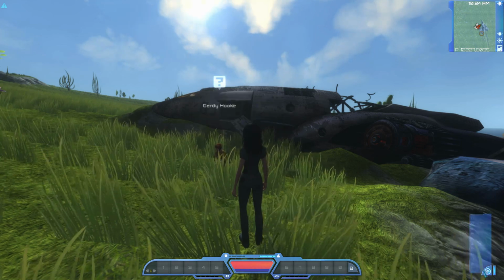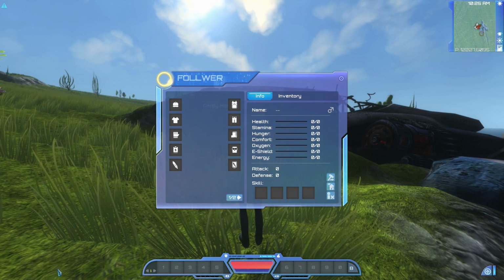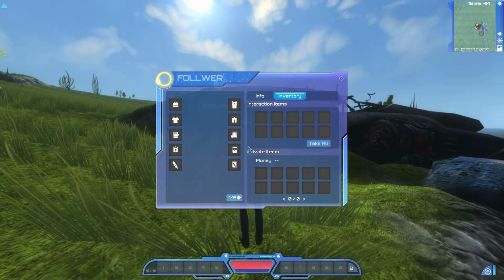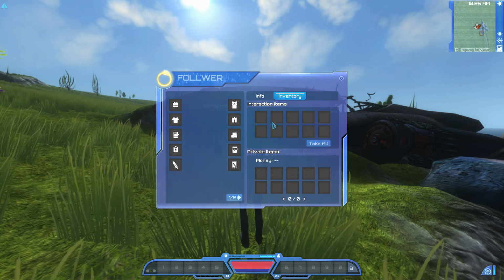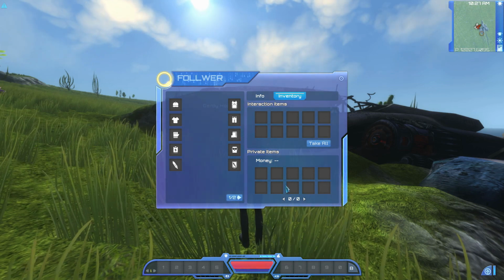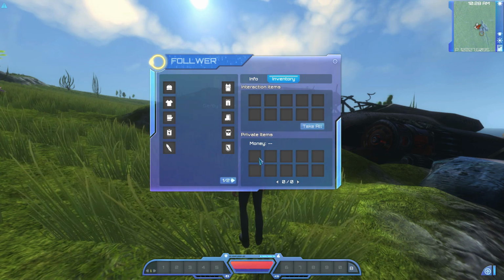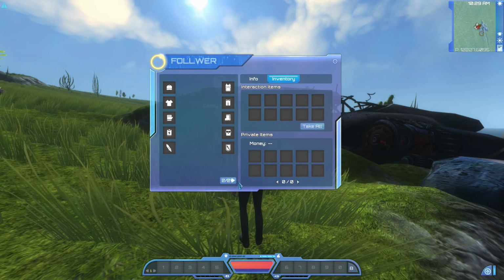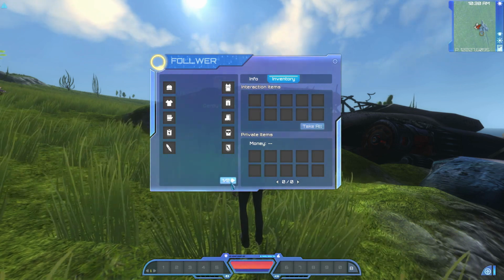And then they've changed this. We now have the follower menu instead of them being down here where you click their picture. They have a bigger inventory and they have bigger private items. I guess this is stuff we'll be able to give to them, and then this will be their stuff that we can't take, because before when NPCs had money you used to could take it, but it doesn't seem like we'll have that anymore. And then they have a second set of slots,